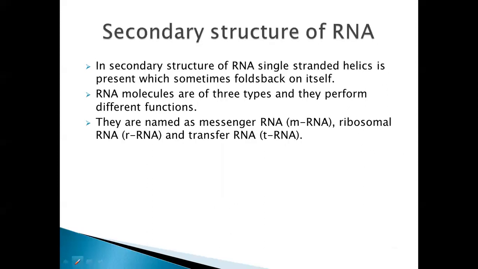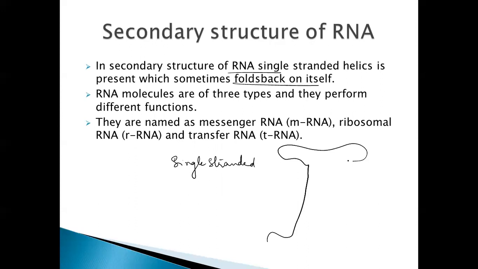And when we look at the secondary structure for RNA, it is single stranded, not double stranded, just a single stranded helix we can see for RNA. And sometimes it folds back on itself. So it looks like a double stranded, but it's not double stranded, but it can fold back on itself, resulting in a pseudo double stranded helix type. So this is a hairpin structure we can see. Actually, it folds back on itself. So only one strand, that is why here I'm naming it as 3', 5' terminus.